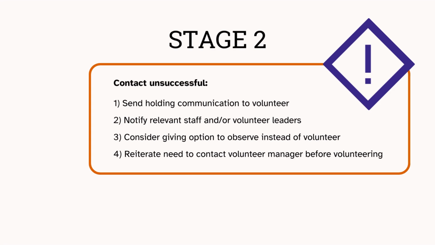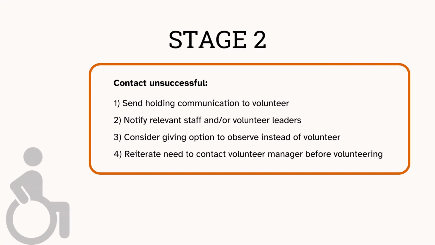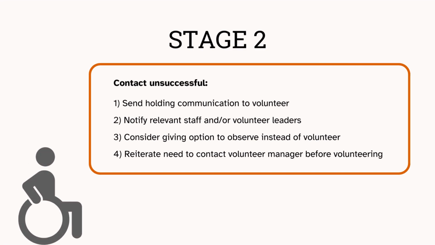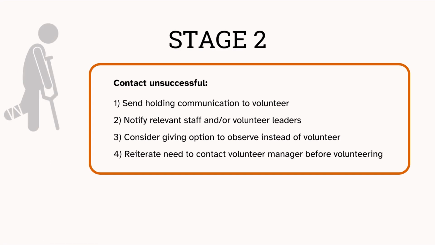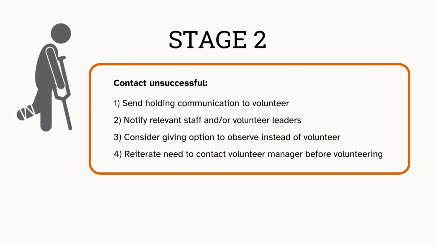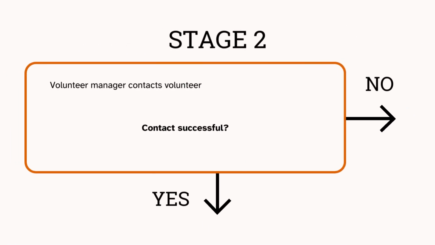It's worth noting that points 3 and 4 also apply if a volunteer doesn't indicate during the registration process that they require adjustments, but this becomes apparent when they go along to a session. Similarly, if a volunteer didn't require adjustments when they initially registered, but their circumstances have changed, for example due to illness or injury. If your attempt at contacting the volunteer is successful, this leads on to stage 3 of the